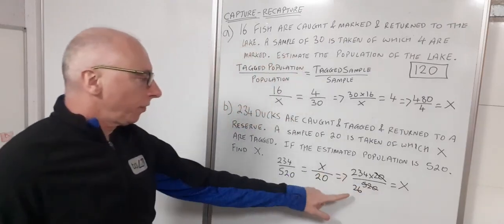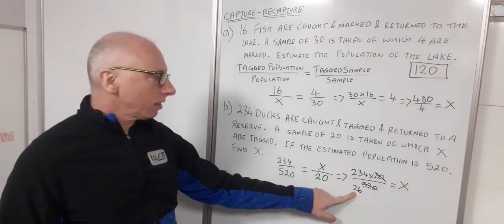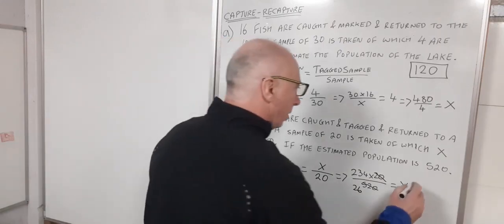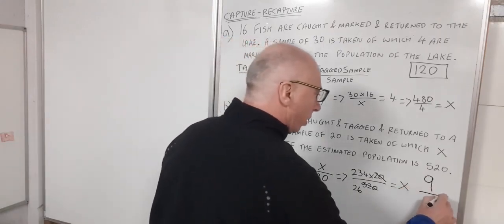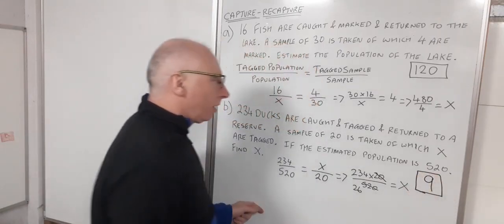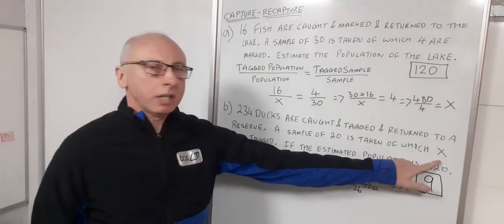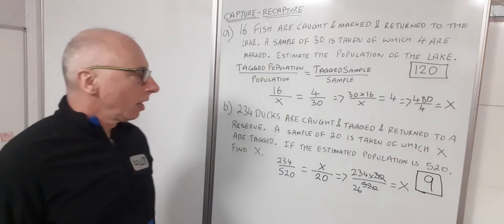Then I've got 234 divided by 26. That's going to give me 9. So therefore my answer to this question is 9. So of which X are tagged, there would have been 9 animals tagged in that question. Okay,